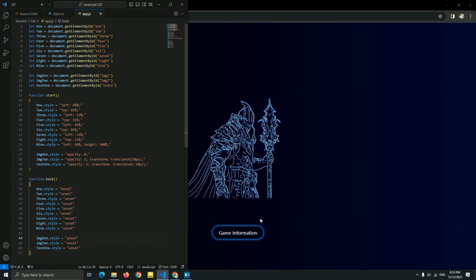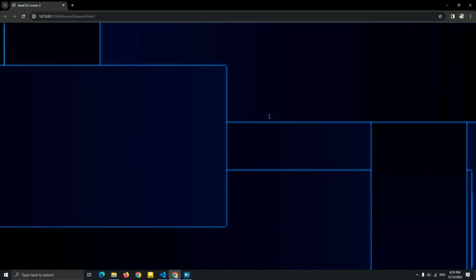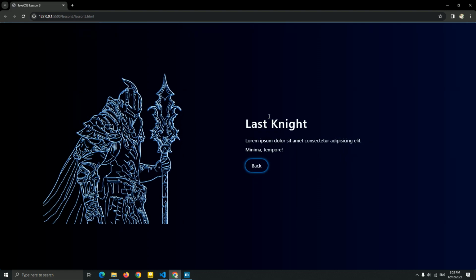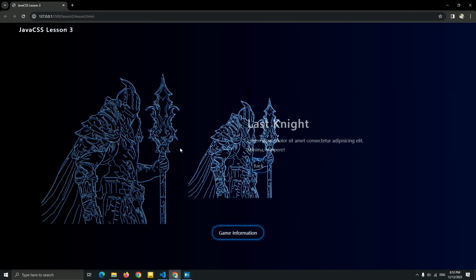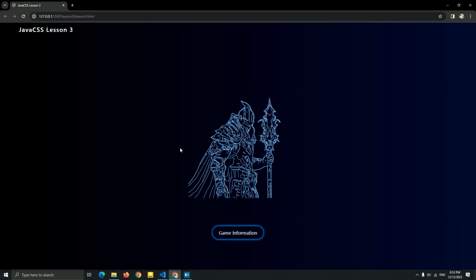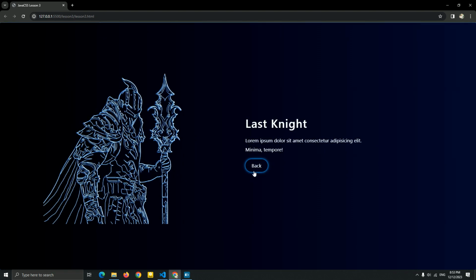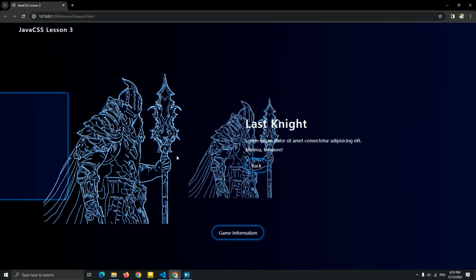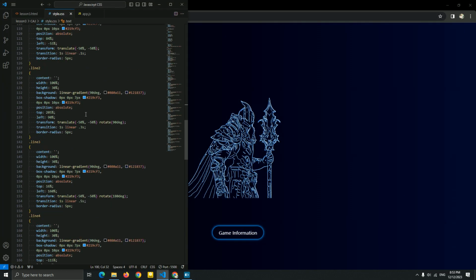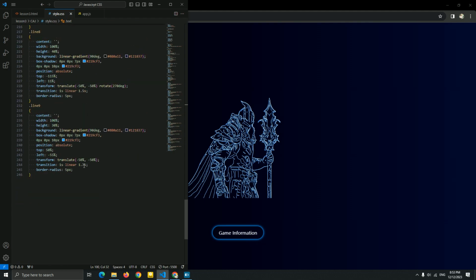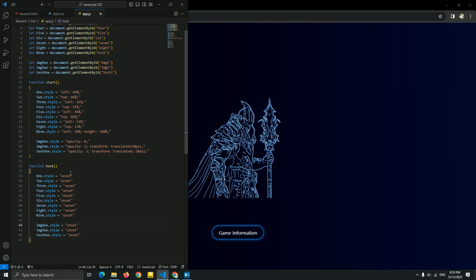Well, this is the easiest way to reset and go back to the same style. But here is a bad problem we get. You can see this animation, it's not good. I don't like using unset because of this problem. And why does this happen? If you see here, at line 9 we added a transition of 1 second to start this animation after 1 second. This is why unset is not good when you use this.